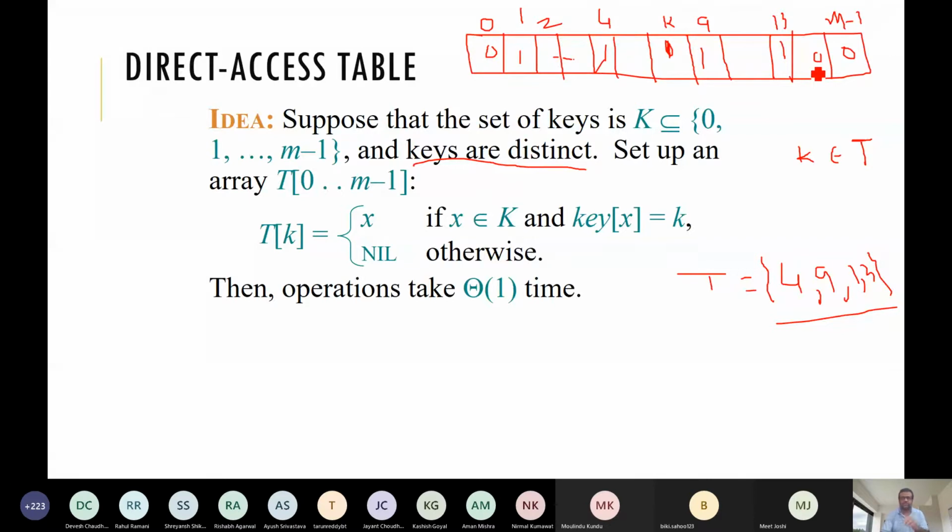So it's a bit vector. Switch on, switch off. These are the rooms. If somebody is there in the room, it is 1. If nobody is there in the room, it is off, it is 0. So what do we do if we have to insert? The insert operation is just we go to that T of k and we make it 1. That's all. If we have to insert 2, we go here, it was 0, so we make it 1 like this.